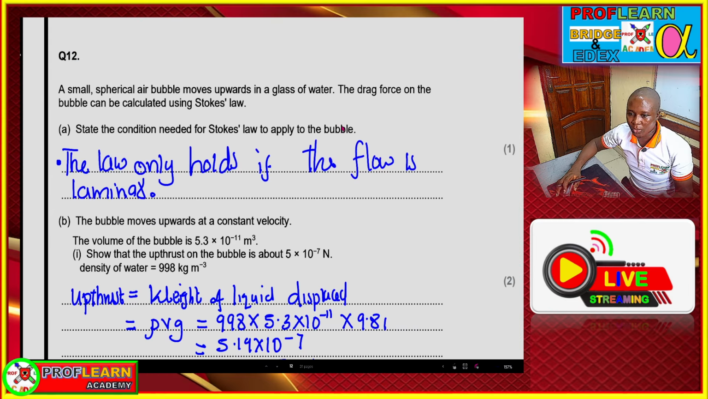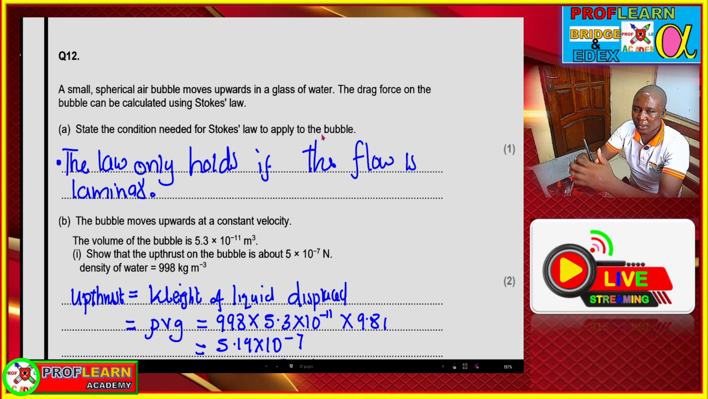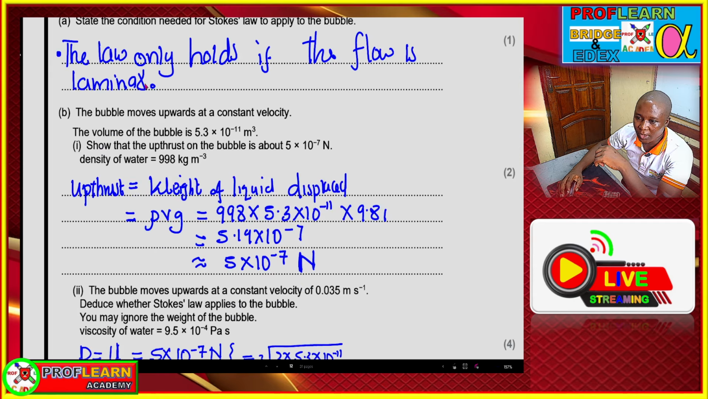Moving to question number 12, which is basically Stokes law. Because most of the time some students find difficulty in this question, that's why I decided that this question will be frequently appearing here, so that you get used to how to go about different questions when they are asked within this. You can see now we have